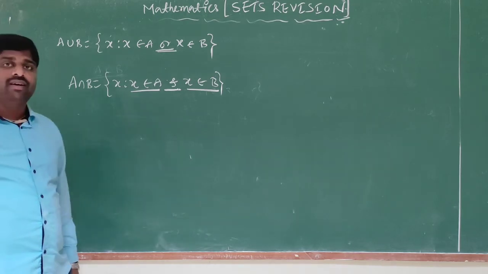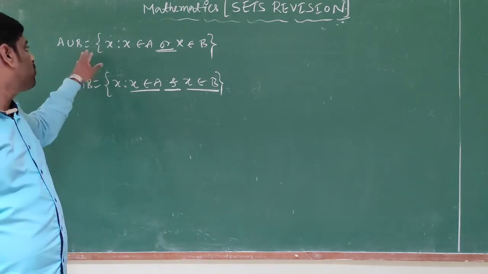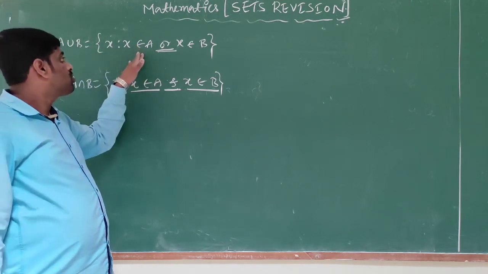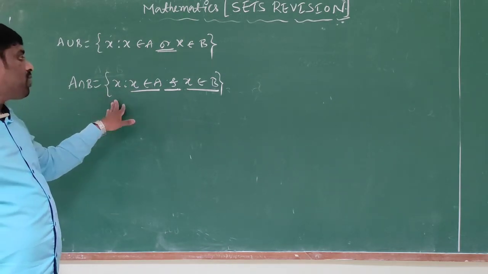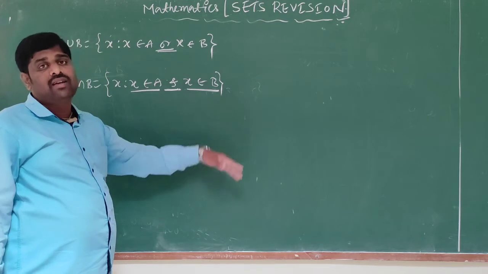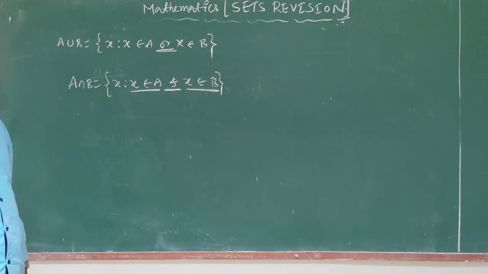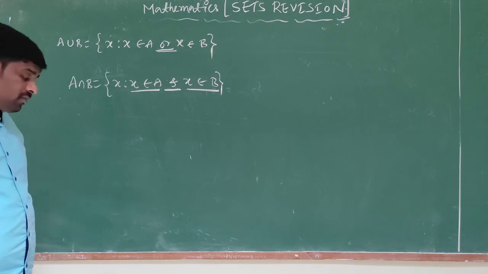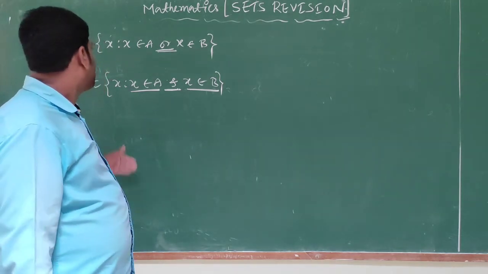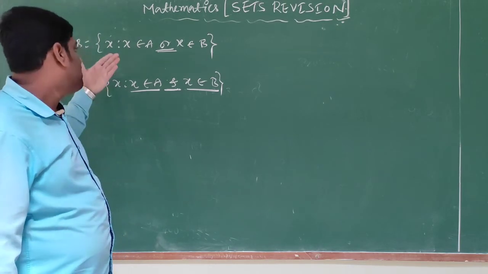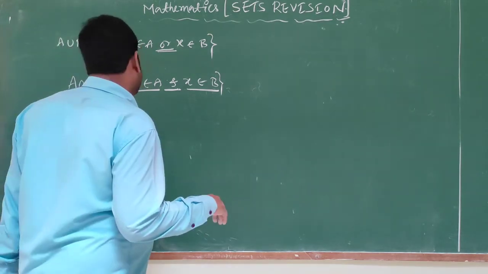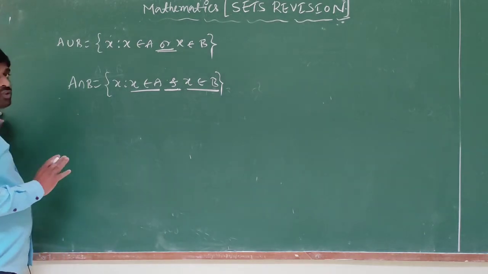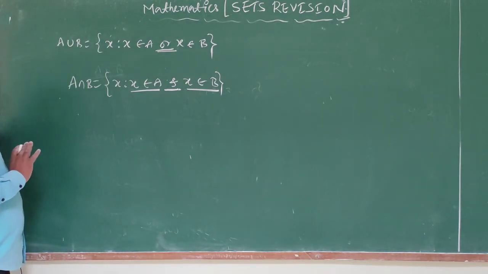So union of two sets means the set of all those elements which belong to either A or B. A intersection B means the set of all those elements which belong to both A and B, called the intersection of two sets. I already discussed the properties of union and intersection of two sets, and based on this I discussed the problems of exercise 1.4. Next, exercise 1.5 is completely deleted. Next, exercise 1.6 is practical problems of union and intersection of two sets. So we have to discuss that.